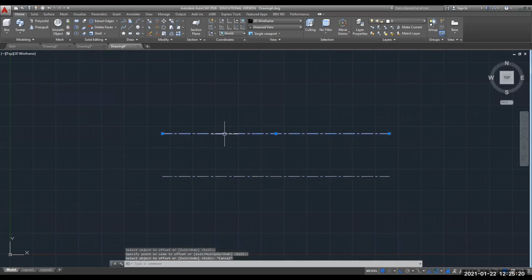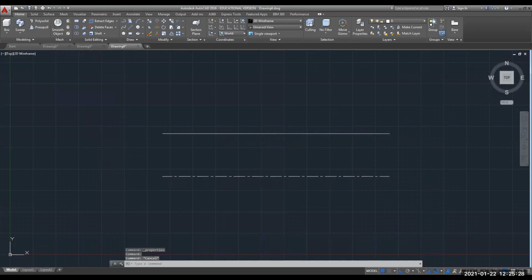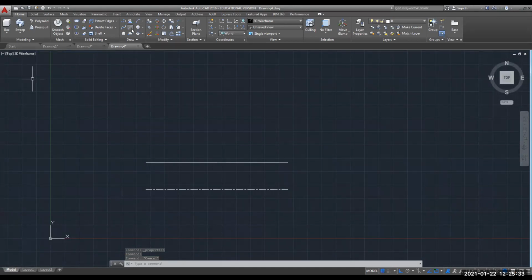Now I will change this to the continuous linetype, then close it. Now take one more line in this direction. You can move 10. In this direction, let us move 5.